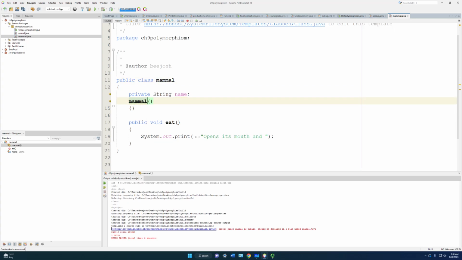Okay, there's our mammal. So a mammal, how does a mammal eat? Opens its mouth and, well, I'm going to get stuck on how a mammal eats here. Well, let's say here, a mammal eats because an animal eats by opening its mouth, and a mammal can eat by opening its mouth and